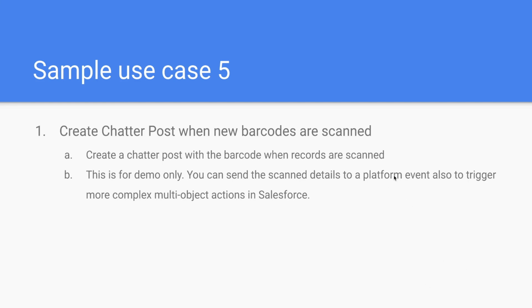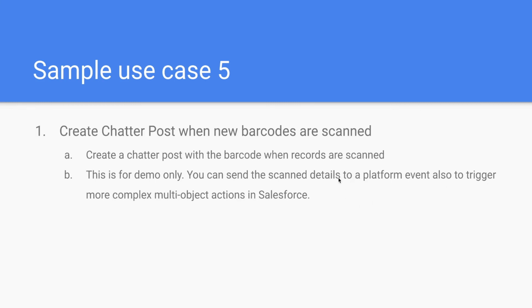Technically, you can send the data to a platform event and then write a trigger on the platform event to do complex multi-object actions if you need. Or the same is true for any objects, right? You can send the data to some custom object and populate the data there. And then when this update is coming, you can fire a trigger there and do operations on many other related or unrelated object records. So I will quickly show how we can post the scanned barcode